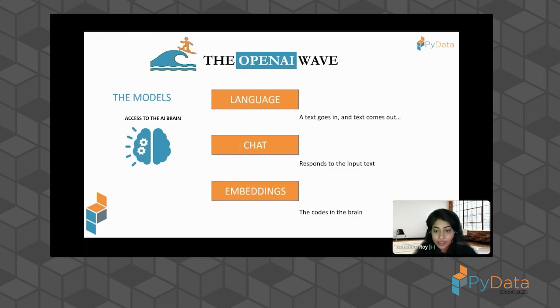I've experimented with loads of them. It's great for open-ended generation, which does not have to take in more instructions from the prompt. But when it comes to chat, the second one, it takes specific instructions that you have in the prompt, and then it responds. Therefore, it's more controlled, has some dependency on what you're asking for. And then the embeddings is the codes or the vector representation of these input texts, the way these transformers